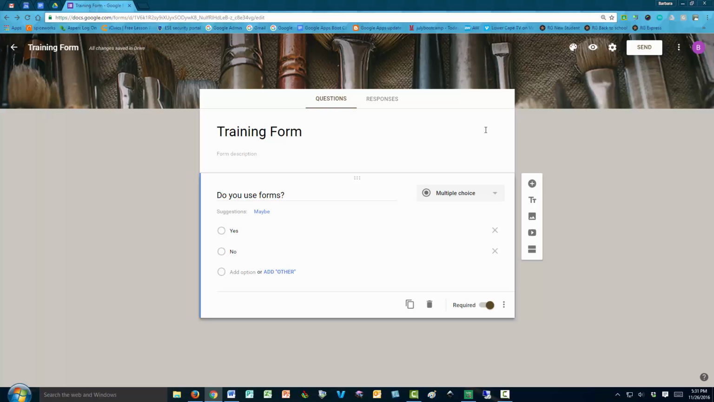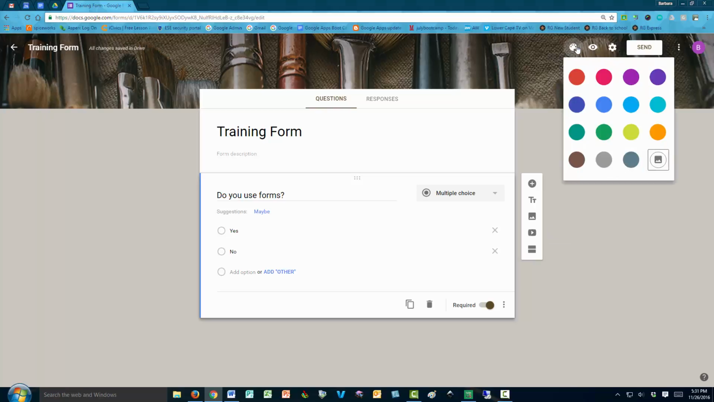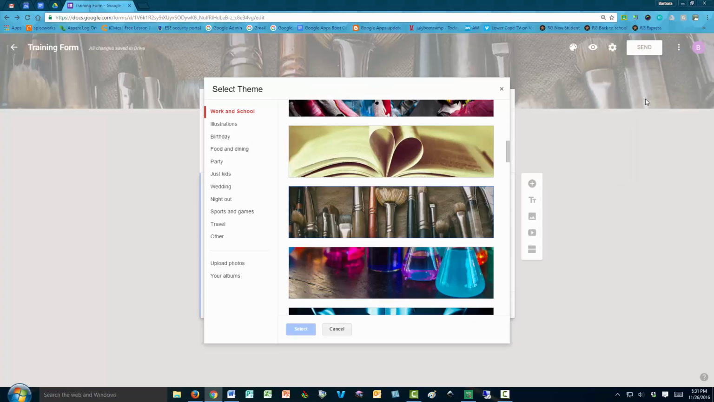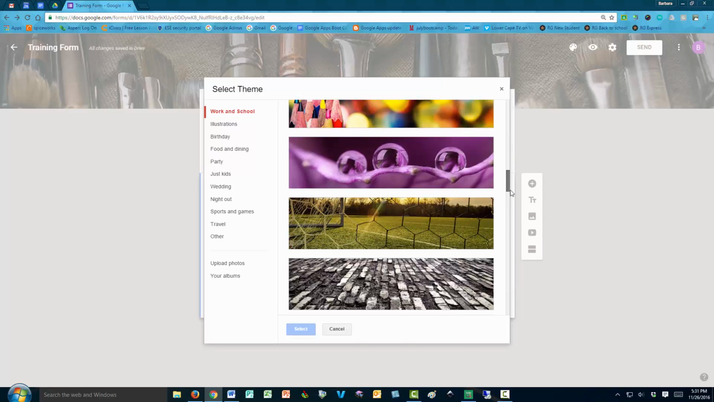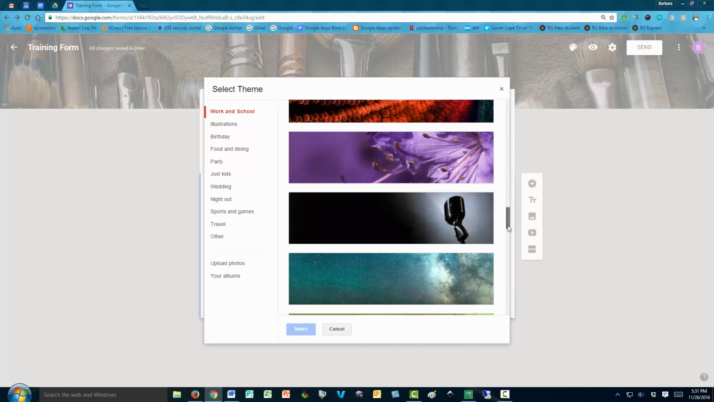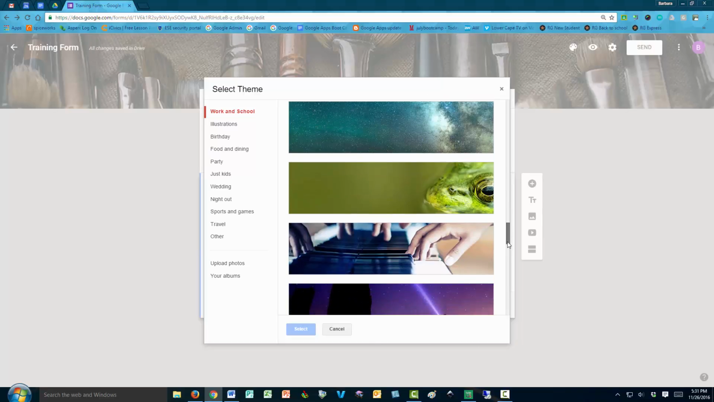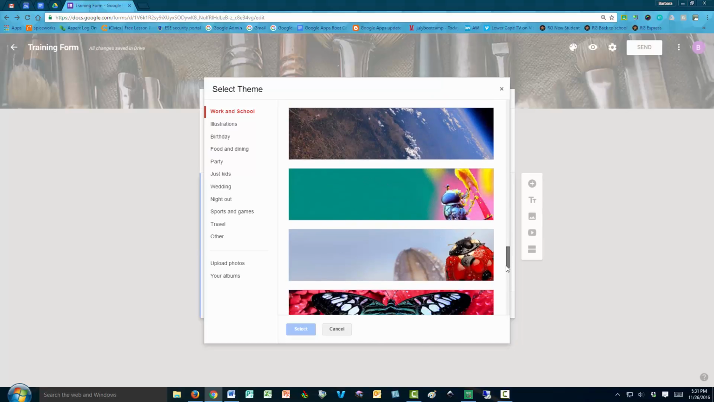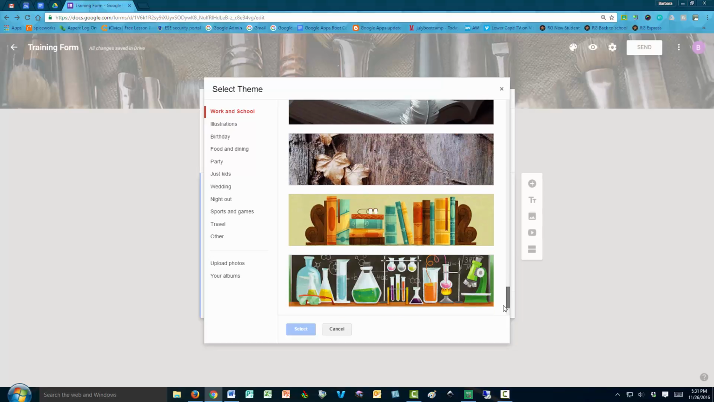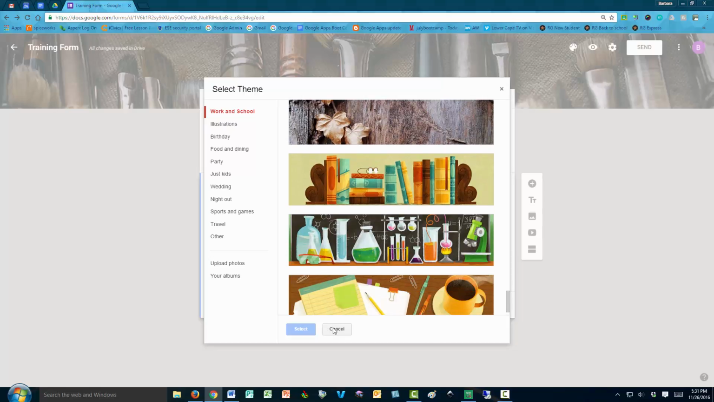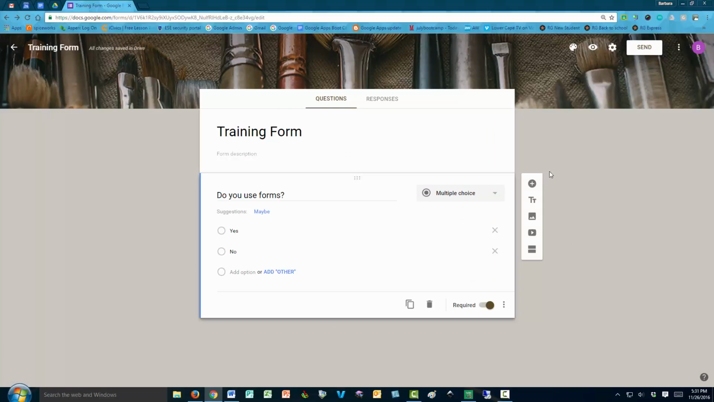So if you are selecting a theme, you can of course select a theme that is related to the topic that you're teaching. So it's pretty much all kinds of things here that would tie in with your content area. So I'm going to click cancel, and we're going to end our first training on Google Forms at this point,